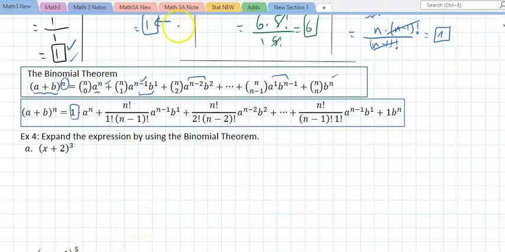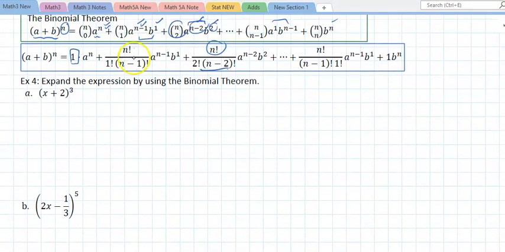That is, if you start with the powers, if you start with a to the n minus 1, b must pick up the 1. a to the n minus 2, b must pick up the 2. The number in front of this will be n factorial over 2 factorial, n minus 2 factorial, as you see. So, instead of me trying to memorize this, there's a much quicker way I could apply the binomial theorem, and